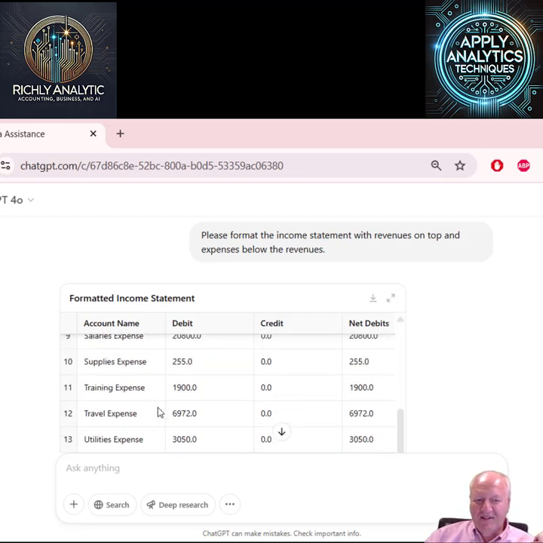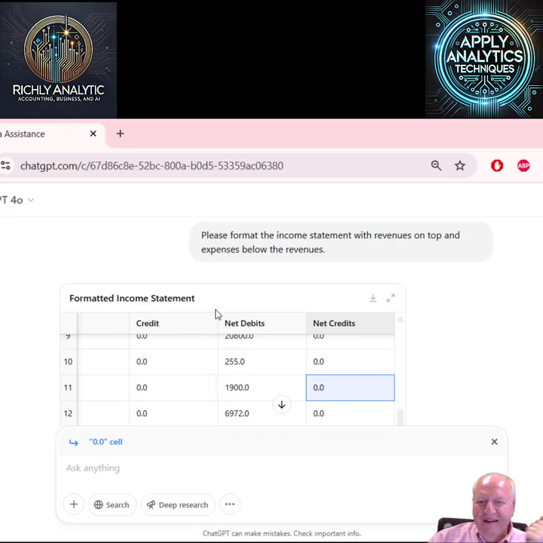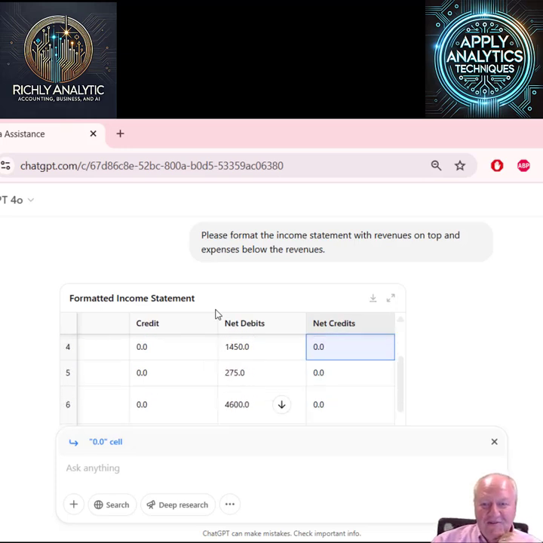So then I'm trying to see if I can get it to scoot over, and so I'm just going to do that so you can kind of see it there. So in fact it did do it in the appropriate order with revenues on top. I'd have to work a little more on formatting it.